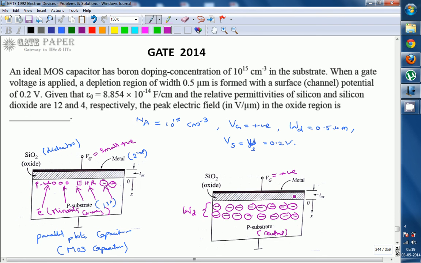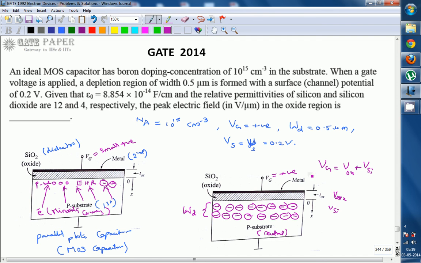So if you apply a gate voltage, it is going to be dropped across the oxide, VOX, and across the p-type substrate, which is VSI. So we can write that the gate voltage drops across oxide plus silicon. In the silicon substrate we get two different cases: one is the p-type substrate, which is neutral, so there is no voltage drop, and above that the depletion region. So VOX is the voltage drop in the oxide region, and V silicon is the voltage drop across the depletion region.